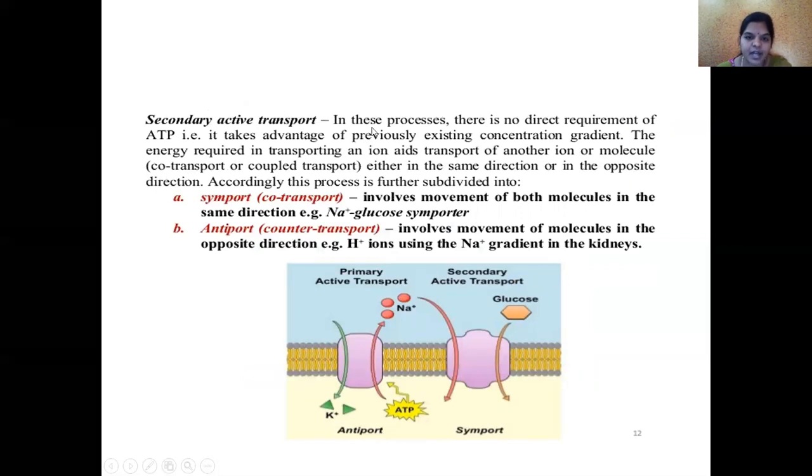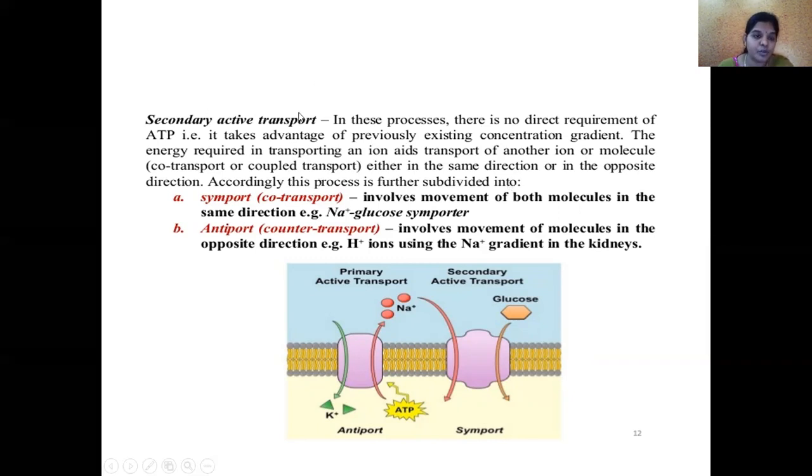In the secondary active transport, there is no direct requirement of ATP. That is, it takes advantage of a previously existing concentration gradient. The energy required in transporting an ion aids transport of another ion or molecule, either in the same direction or in the opposite direction accordingly. This process is further divided into